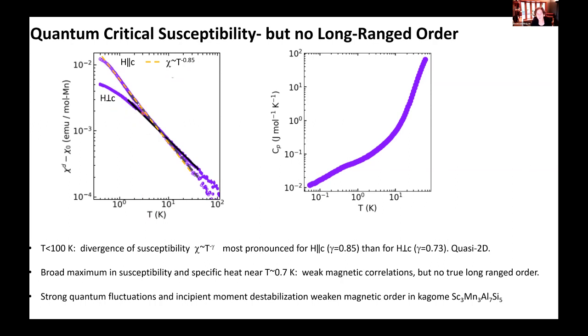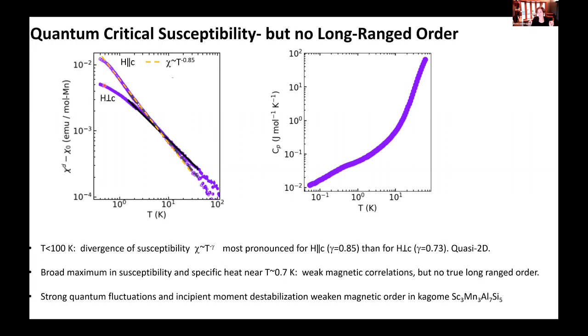If we look with the field in the plane, we see a less critical behavior in the sense that the divergence is weaker and that it saturates at a higher temperature. The fact that the susceptibility doesn't fully diverge down to the lowest temperatures that we can measure is a sign to us that this is a material that actually doesn't order. It's close to magnetic ordering, but the correlations don't extend sufficiently far with respect to space, and they're not sufficiently long-lived to really seal the deal and become a true magnetically ordered system.